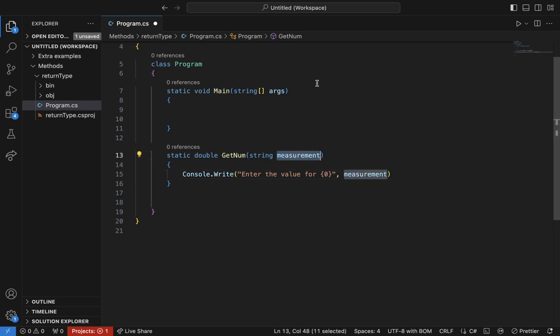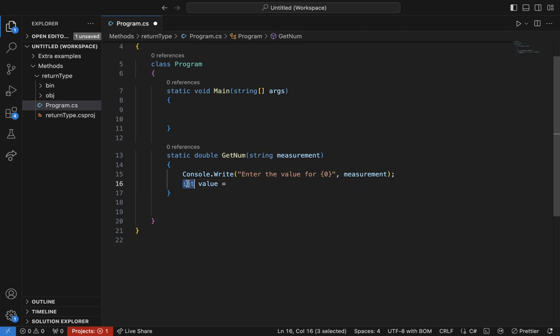So this is going to come from the main function when this getNum is called. And then whatever we get, the measurement is going to be an integer. Say we'll just call it value, right, is equal to